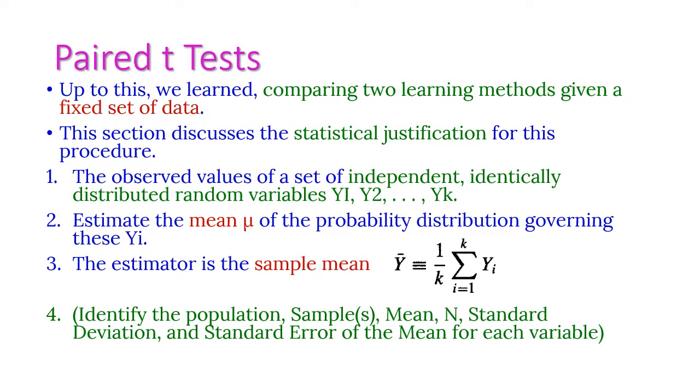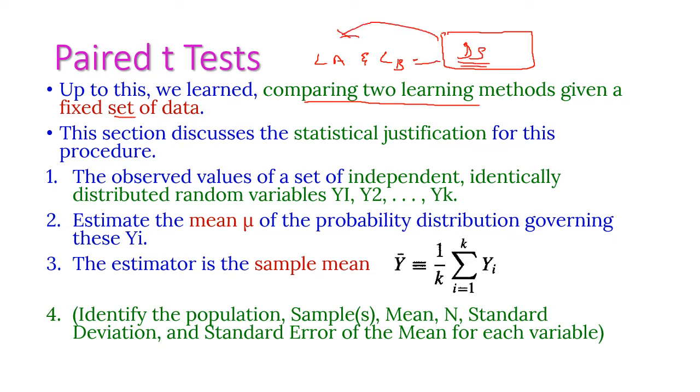Up to this we have seen the comparison of two learning methods given a fixed set of data, that is, the learning algorithm A and learning algorithm B on the fixed data set. That is, we are using the same data set for both learning algorithms, A and B. Now let us use this paired t-test for comparing these two algorithms, and the procedure is: